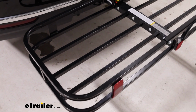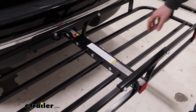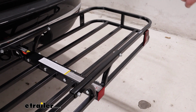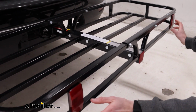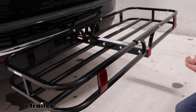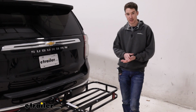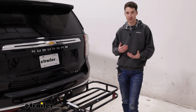The Carrier does have a 500-pound weight capacity, which is a good amount considering how lightweight it is. It's also got this nice black powder coat steel finish, so it'll handle itself well and hold up to weather and the elements. There's a handful of places around the sides for you to put straps, and also there are 2 reflectors on the front, because I can see this at night being black, especially on this vehicle. It'll blend in. So the reflectors are a nice way for people behind you to know that you have something on your car. I'm going to get a couple of measurements, but if you're curious about some specific measurements that I might not go over in this video, feel free to check the product page or the full review